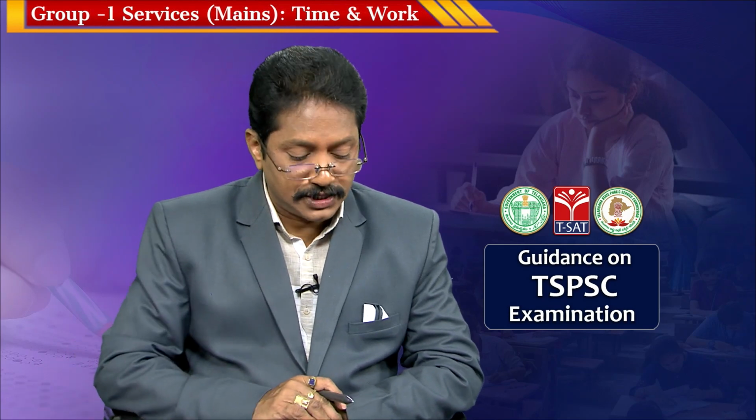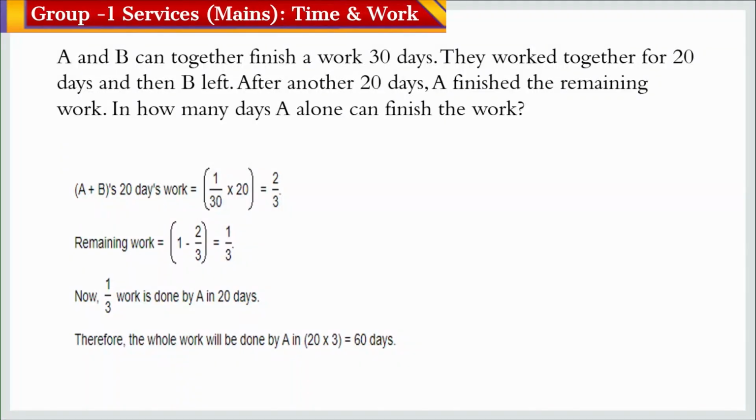Now, shifting to the next question. If A and B can together finish the work in 30 days, they work together for 20 days and then B left. After another 20 days, A finishes the remaining work. In how many days can A alone finish the work? This is the question. A and B can together finish the work in 30 days, means A plus B 1 day work is 1 by 30. If they work together 20 days, means 20 days work